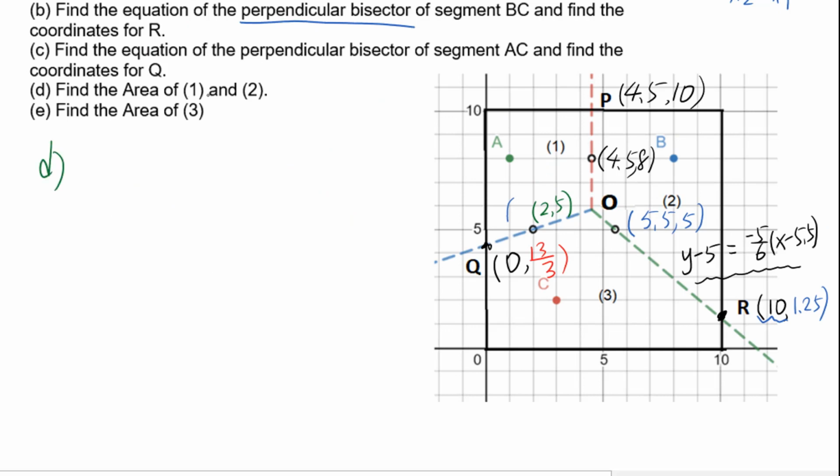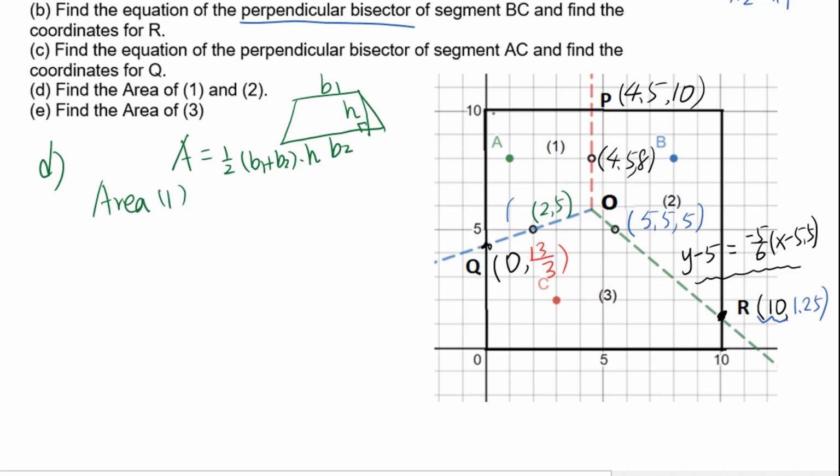Find the area of 1 and 2. Area 1 is a trapezoid. We know the area for a trapezoid. Suppose this is a trapezoid. We know this is B1, here is B2. Then we have a height. Suppose this is H. Then you will have 1/2 times (B1 plus B2) times H. Therefore, for area 1,